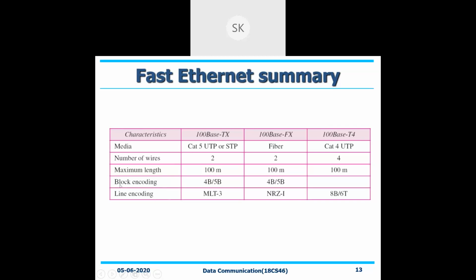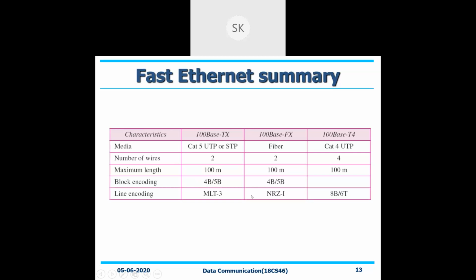So the next part is block encoding. With respect to block encoding, line encoding and block encoding are different. Block is nothing but a particular size of data, not the individual bits. You can transmit 4 bits at a time, or 8 bits at a time. That is nothing but your block. With respect to that particular block, what will be the encoding technique that you are using? See here, 4 bits of data will be transmitted as 5 bits, and it will be transmitted to the other end.